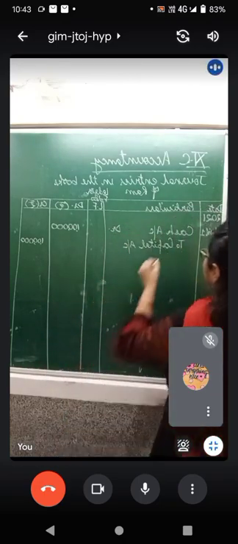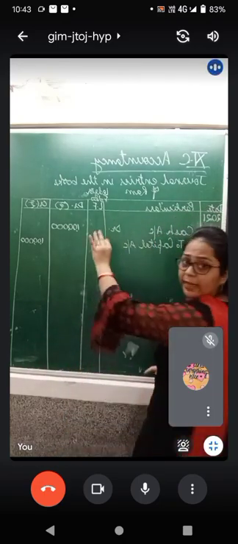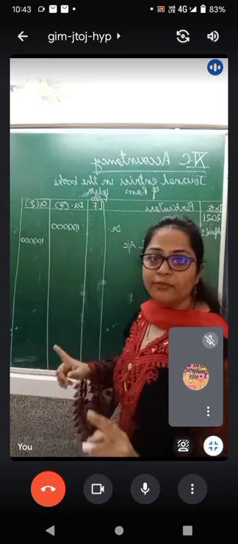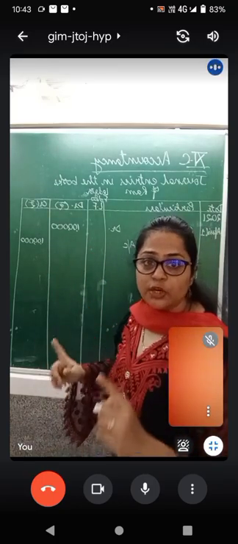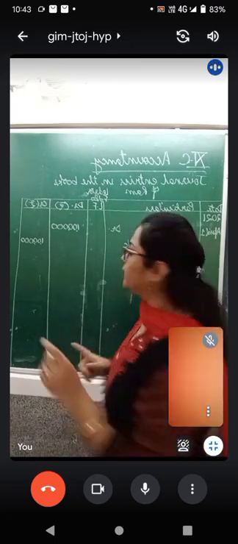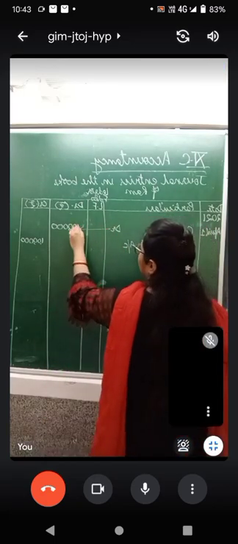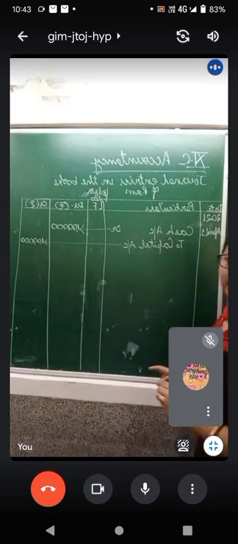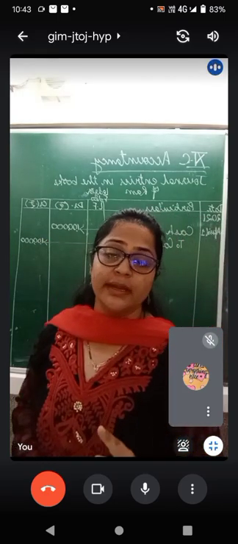Did this get clear to you? So I am making these arrows just now because this is new to you, but you don't have to make these arrows. Just make sure that the lines are straight. See, for cash and for capital.